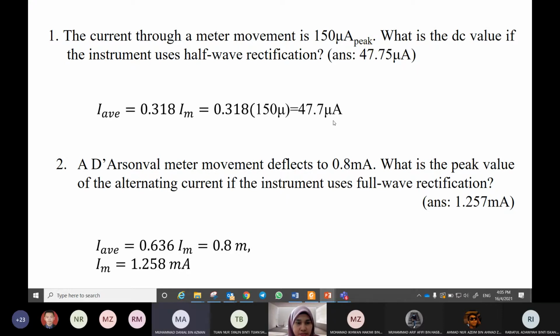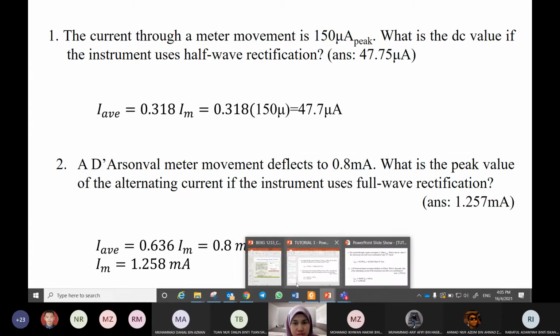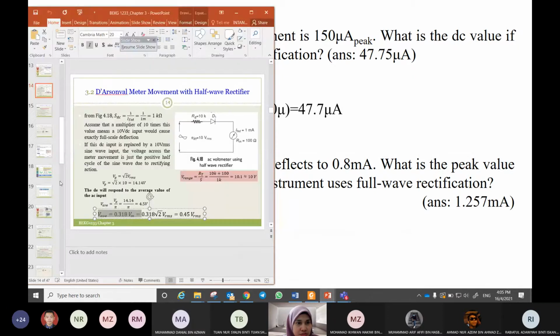Doctor, I want to ask, if I use 150 micro divided by root 2, then get the answer and then I multiply with 0.45. Can, right? It's the same, right? We get 47.7. Just to confirm, right? So you will get the same answer. Okay. Because the formula